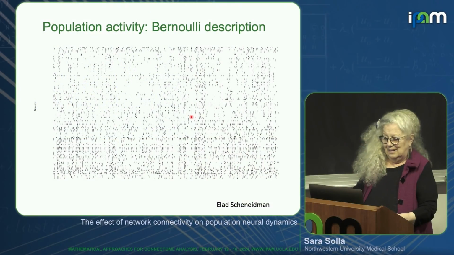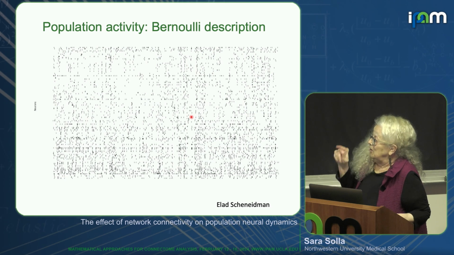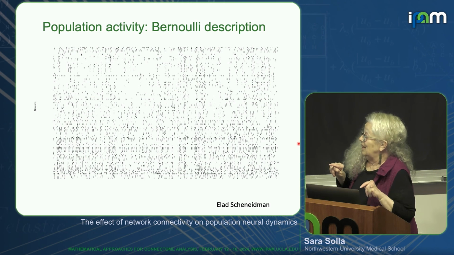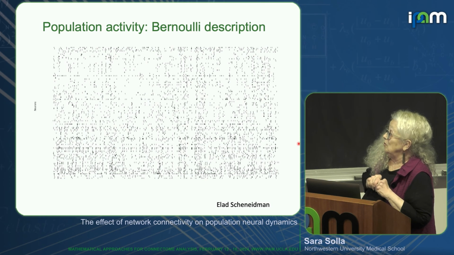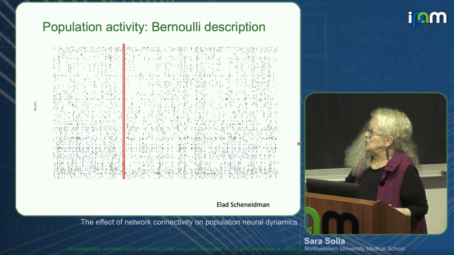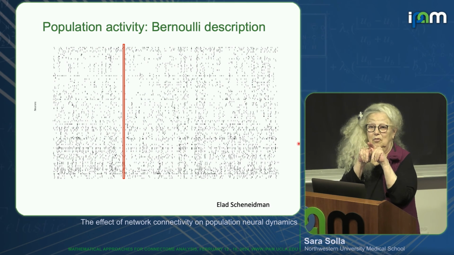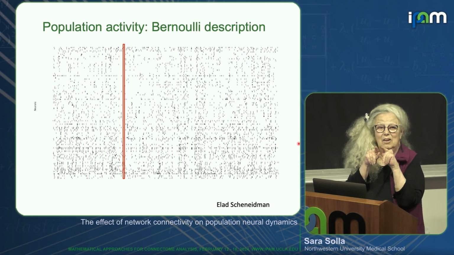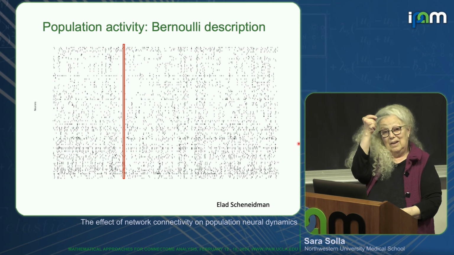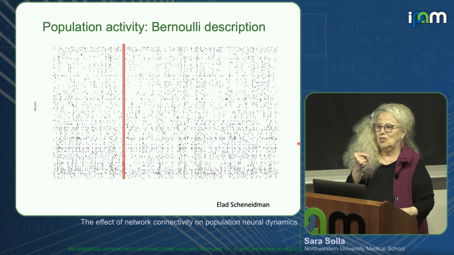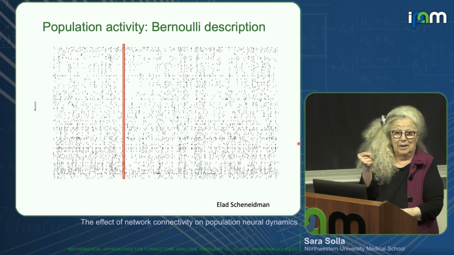So this is very much like the data that Elad showed you earlier in the week. He was also showing every row was a neuron, and the horizontal axis is time, and every tick is a spike emitted by a given neuron. And what he showed you was that you could take a very small time bin, of the order of a few milliseconds, and then every neuron would either make a spike or not make a spike in that time bin. So you can get, for a given time bin, a word that is composed of zeros and ones. You put a 0 if there was no spike, a 1 if there was a spike emitted by the neuron